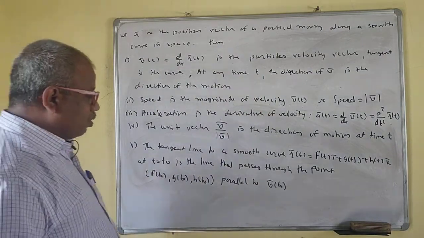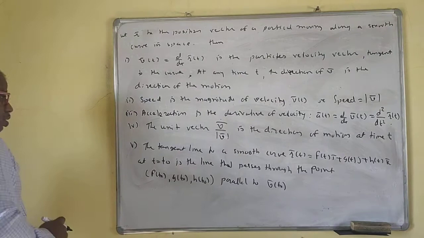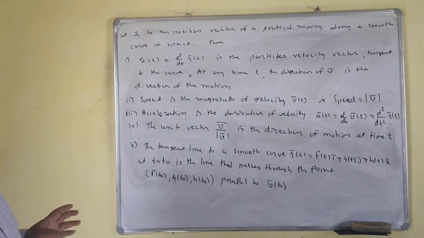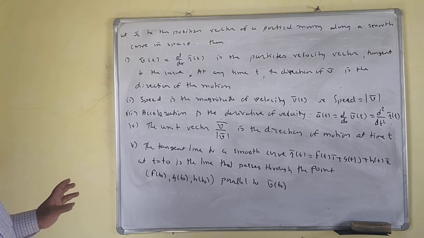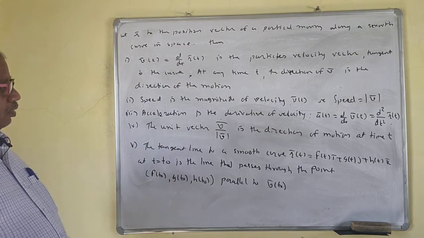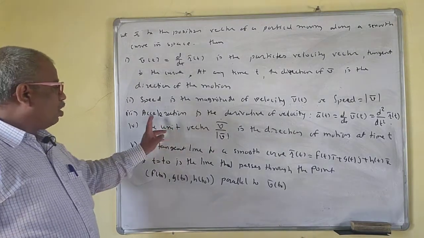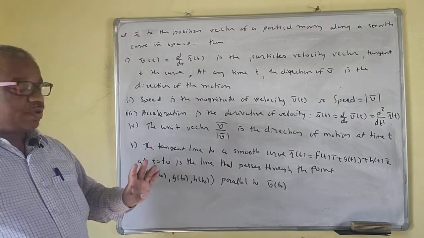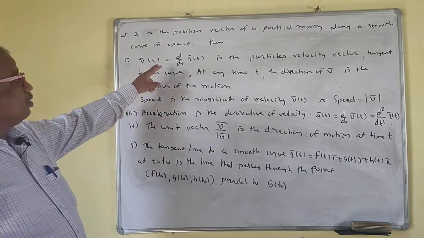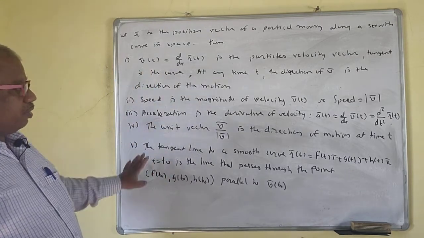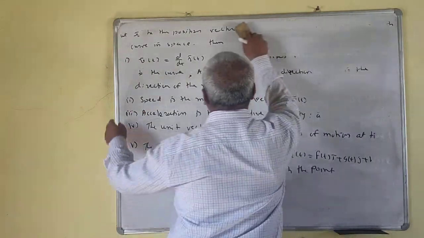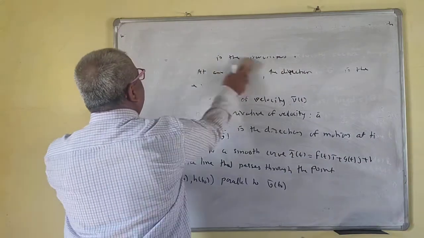So these are the very important points for you. With the help of these, we are solving the problems. For online preparation for the objective, you should note all these points. What is the speed? What do you mean by acceleration? What do you mean by unit vector? What do you mean by tangent to the smooth curve? What is the velocity? Now we'll see some theorems on the derivative, and then we'll solve problems on it.